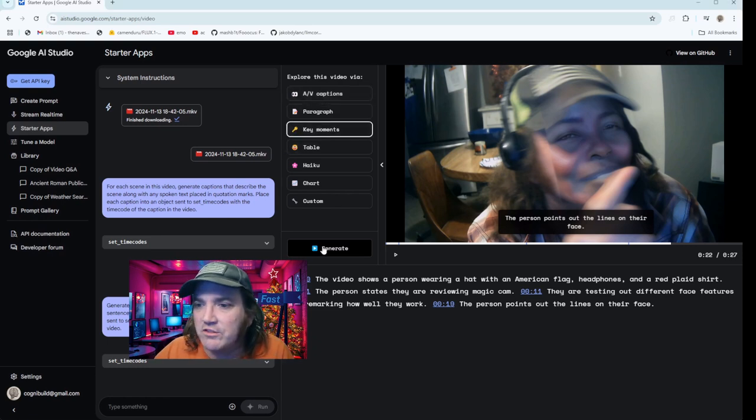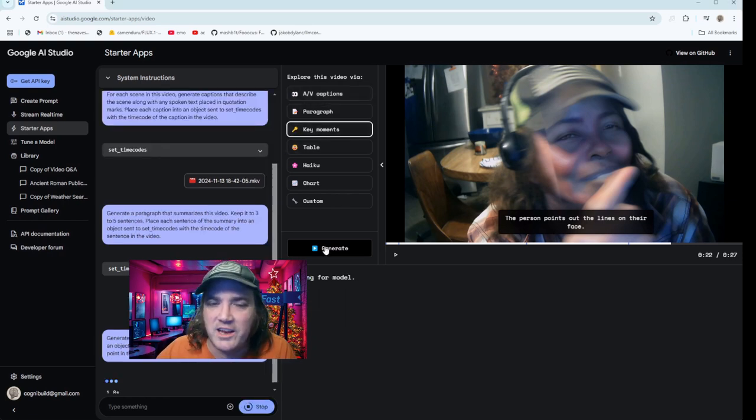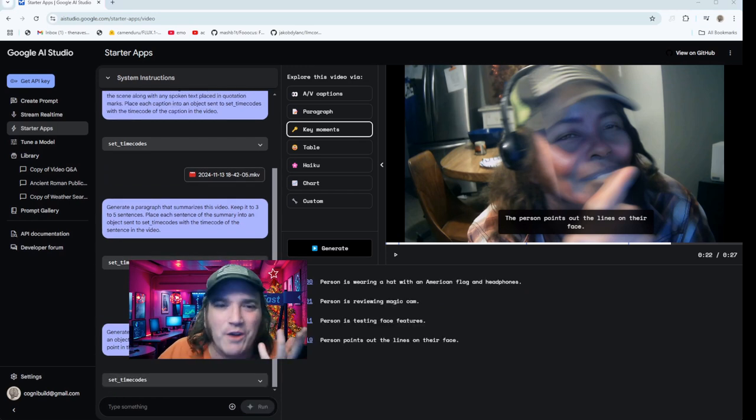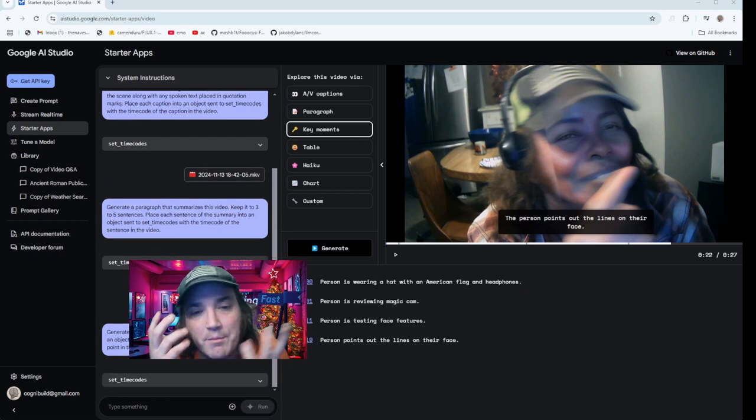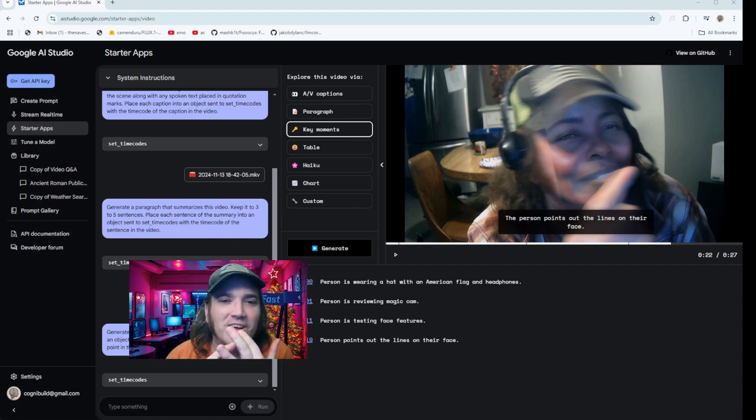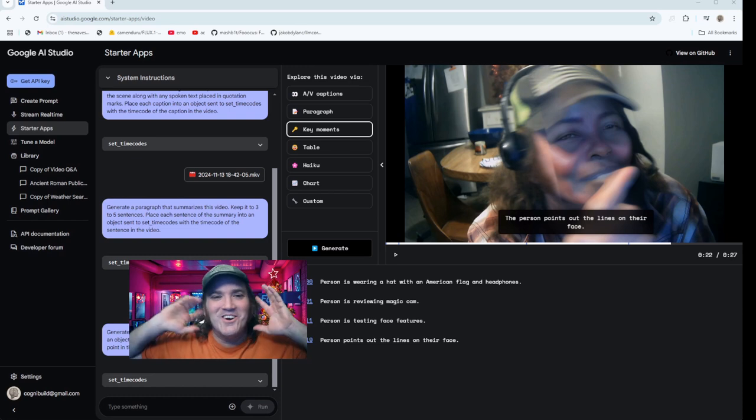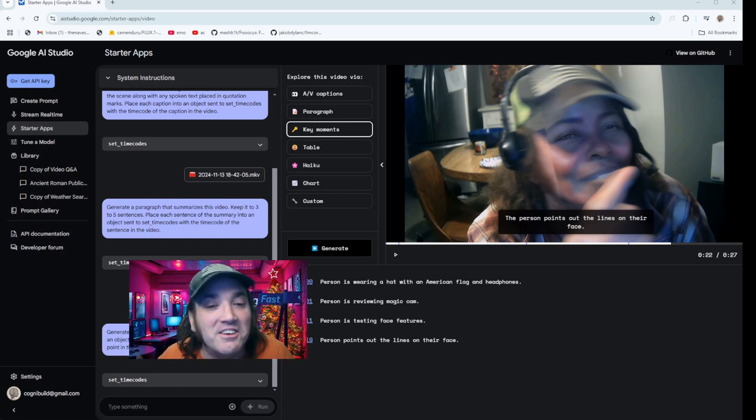Let's look at the key moments thing here. We'll generate this. Again, you got to look at these tools. I'm not all that creative when it comes to stuff. I'm creative when it comes to music, when it comes to diverse thinking, like duck in space. I mean, that's kind of my stuff. But when it comes to practical stuff, I'm not a very practical person.